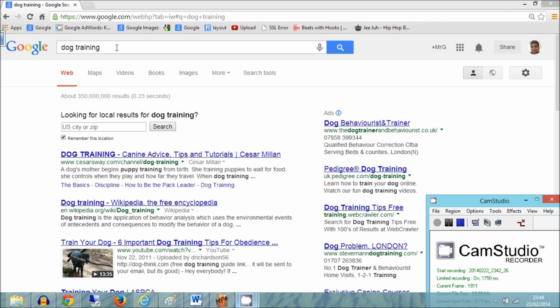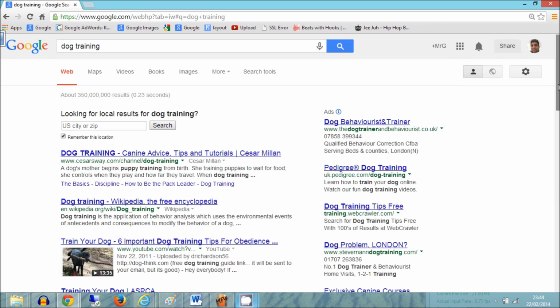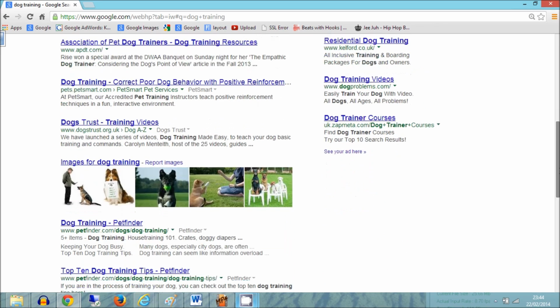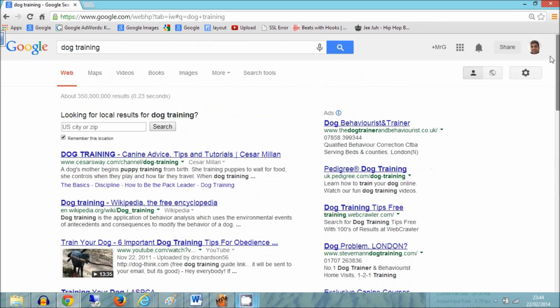I want you to imagine a keyword phrase as being a street. Imagine Google as having millions and millions of streets. We're on Dog Training Street at the moment, and these are the shops on the street which Google has deemed to be the best shops in the world for the keyword phrase dog training.